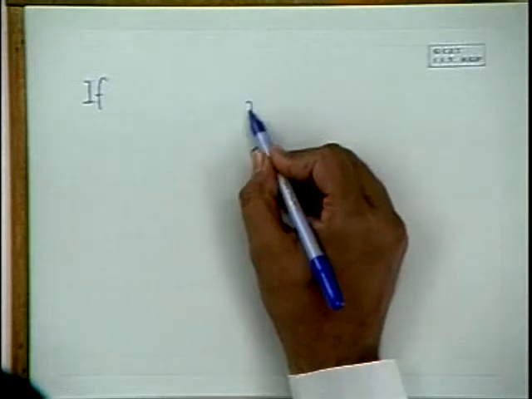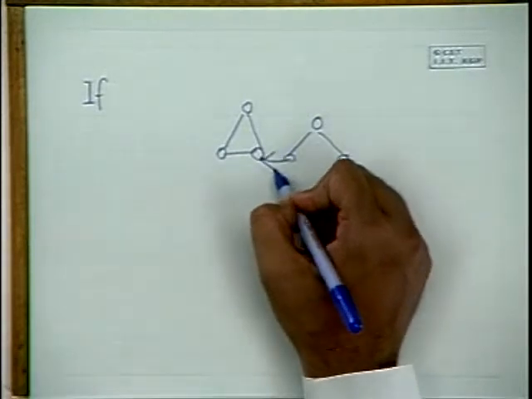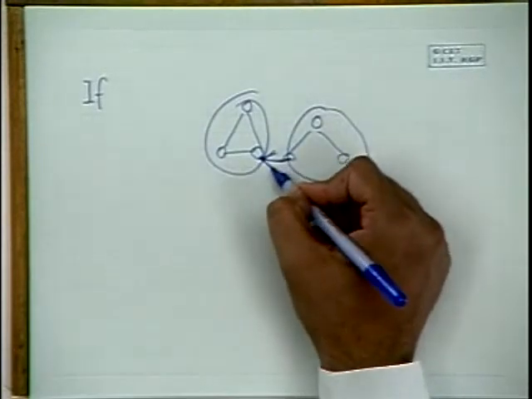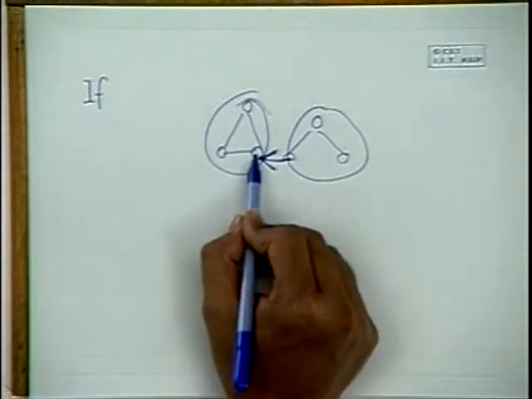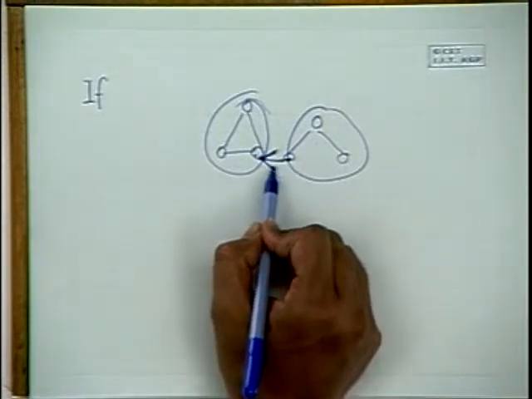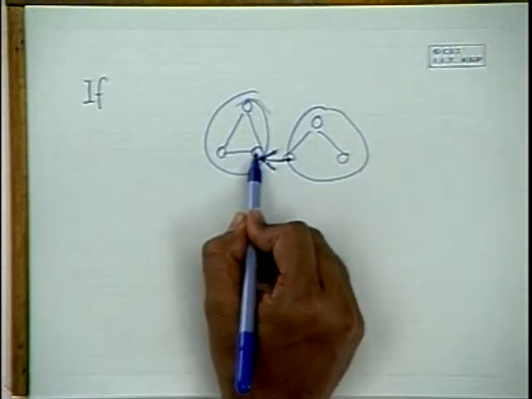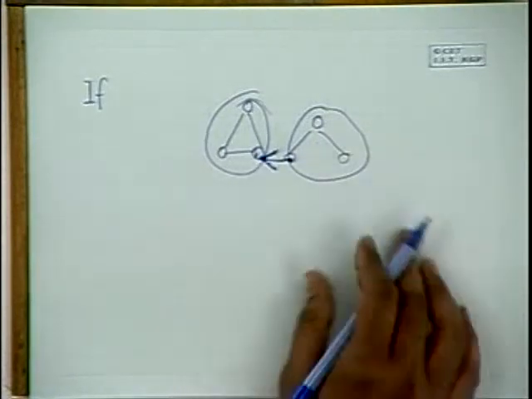If you remember, a cross edge will happen, suppose I have a tree something like this, and there is something else here, and there is a cross edge like this. There is one part here, there is another part here, and there is an edge here. But this can happen since there is a direction. When I visited this node, I could not visit this node through this edge because there is a direction associated with it. But if there is no direction, if it is an undirected graph, when you visit this node, automatically you will visit this node. They will be in the same component. So this will not appear as a cross edge. So that is the next thing.